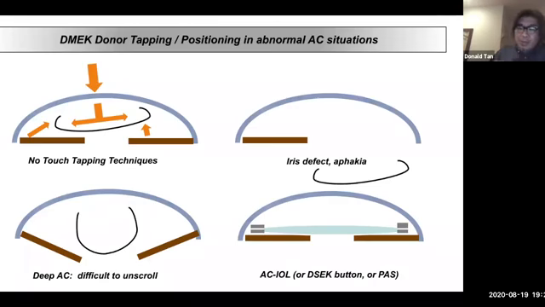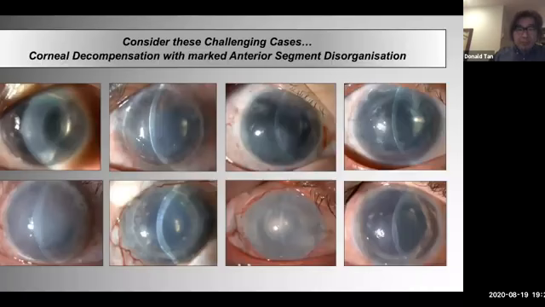So when we have abnormal iris cases, there comes the challenge, and it's very difficult or more challenging to do your standard tapping. So moving along and thinking about how to handle this situation, I realized that the AC is the problem. These are some of these cases. So here you will see whenever we have anterior segment disorganization, mostly from previous cataract surgery or glaucoma surgery or angle closure glaucoma, or any of these sort of cases, or a previous PK in which the chamber has been abnormal, the iris is abnormal.